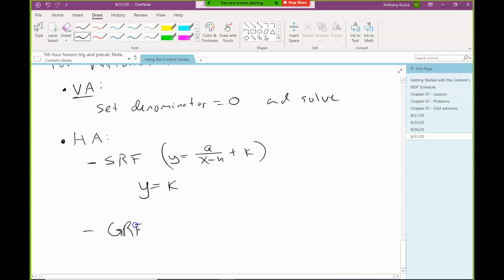If you have a more general rational function, something written as a polynomial over a polynomial, where the denominator is at least degree 1 and non-zero,